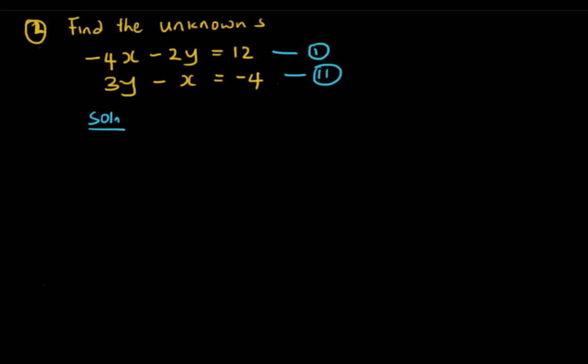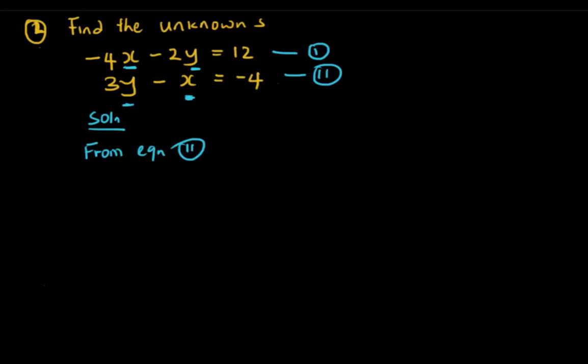Now look at this. For equation 1, we have variables of x, y. Their coefficients are greater than 1, and it's not even 1. And then for equation 2, we can see here that the coefficient of x is minus 1. So this is easier to make the subject of the formula. So I say from